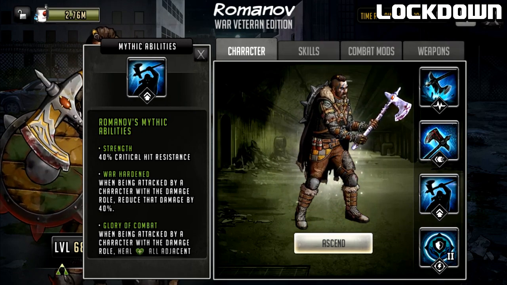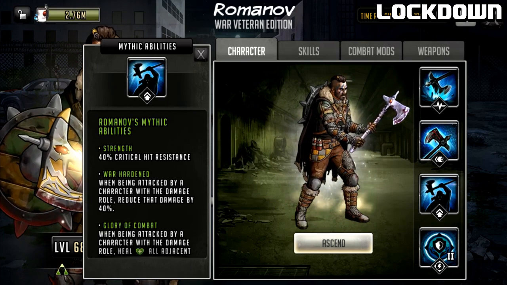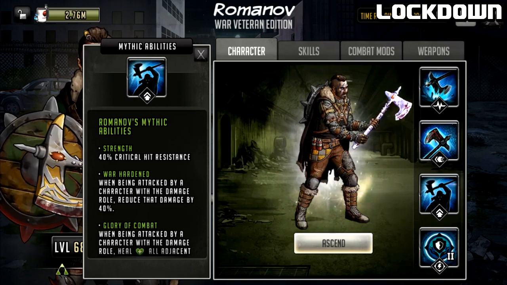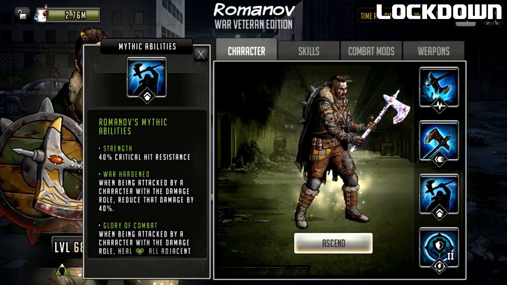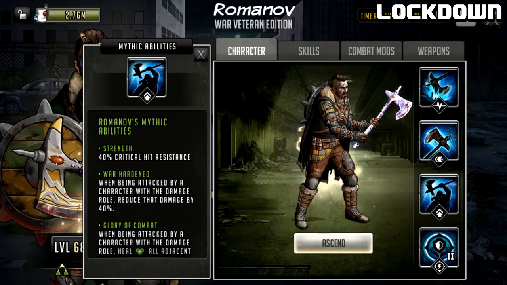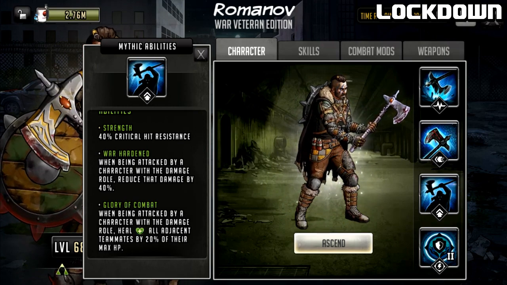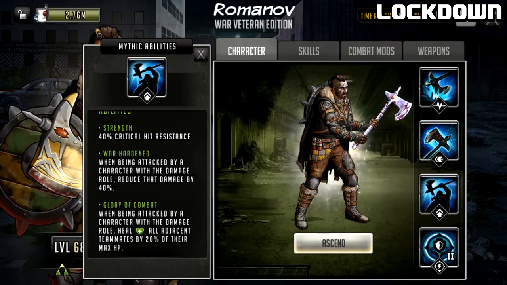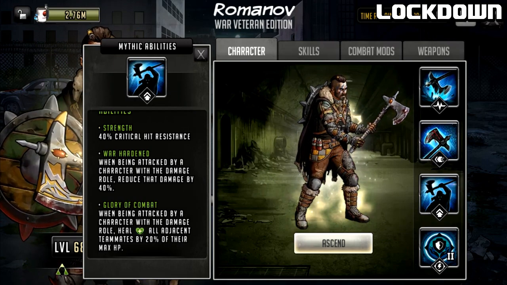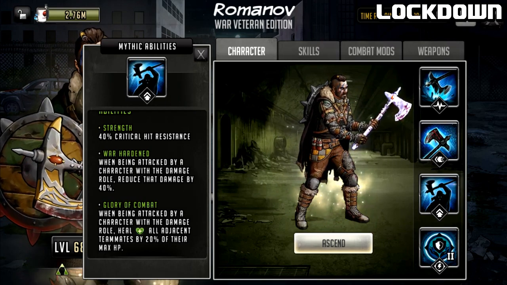For instance, Carol is a support character and she can do heavy damage on turn 1 with her signature move. So you still have to have some sort of defense versus alert and get some nice defensive stats in there. But that is going to be nice to just flat reduce incoming damage from damage dealers. Really great. Next up is Glory of Combat. When being attacked by a character with the damage roll, heal all adjacent teammates by 20% of their max HP. He's kind of got now a little bit of control, a little bit of medic, heavy tank, very nice all-round